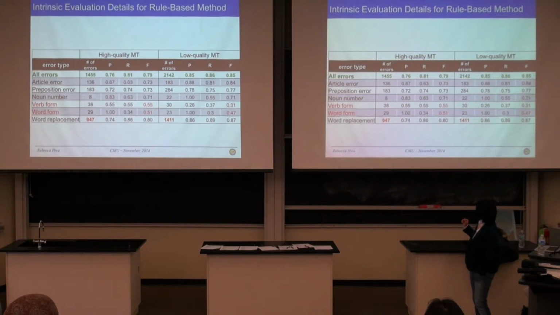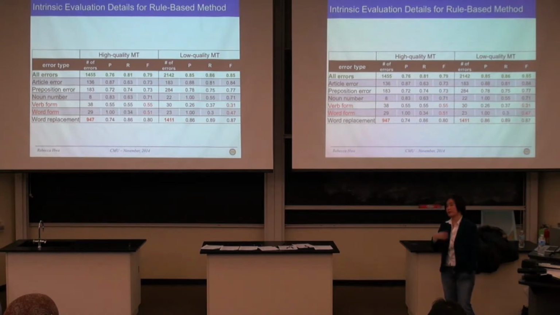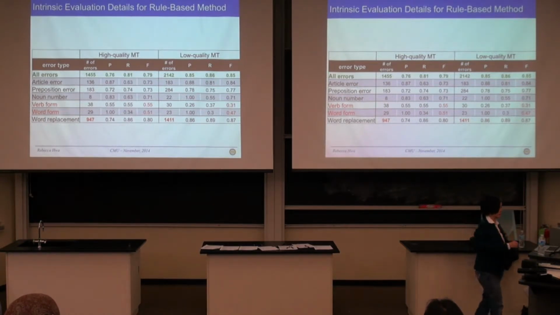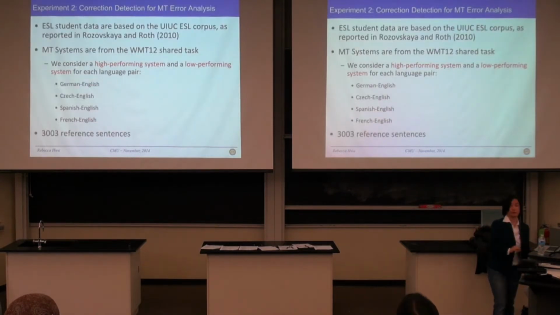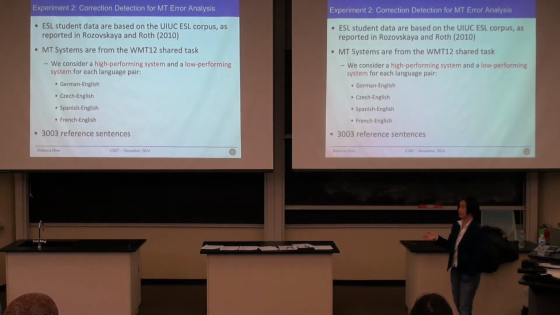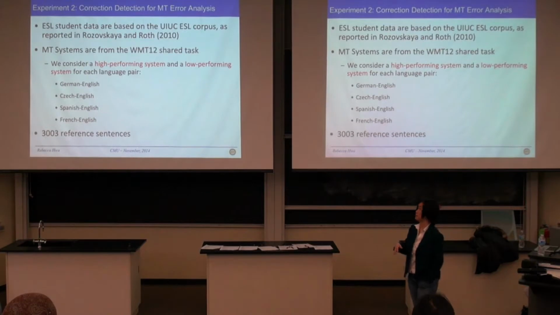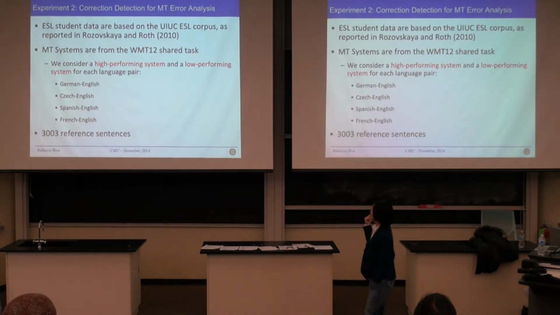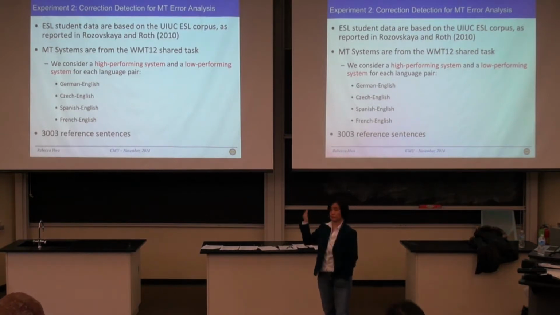The rule-based system is not very good at detecting verb form errors, but happily for us, it doesn't happen very often. So most of the errors, unfortunately, for our next experiment, happen to be word replacement errors. And that's basically the limiting factor for why we couldn't compare very well between the MT system and the ESL fluent students. So in the second study, I will quickly talk about, the ESL data was done by somebody else,